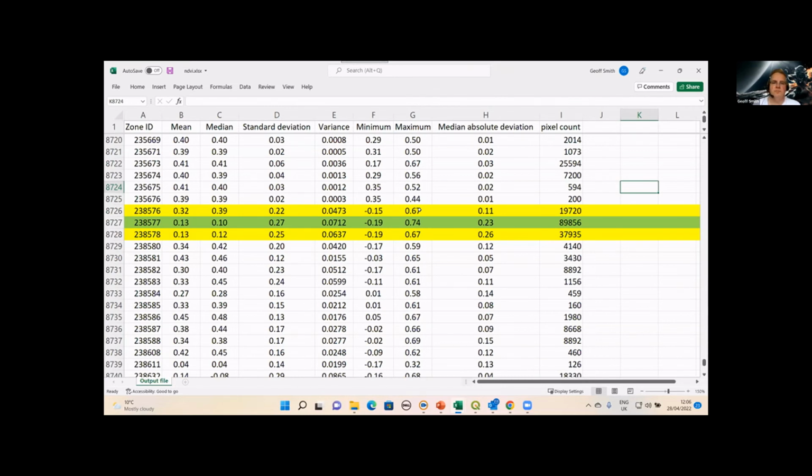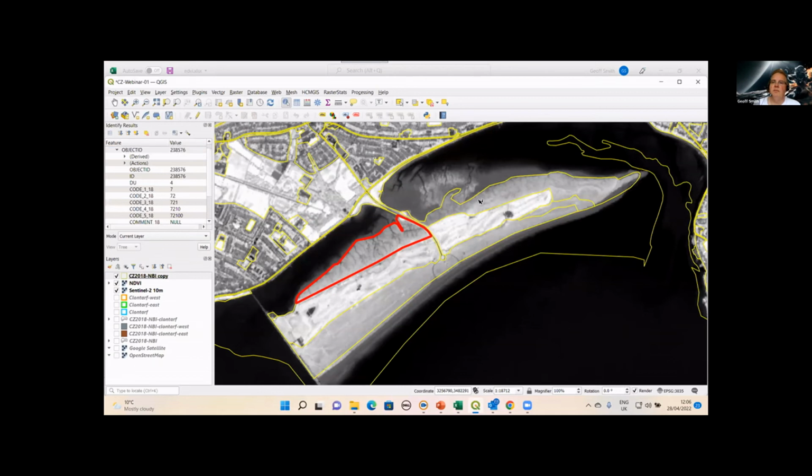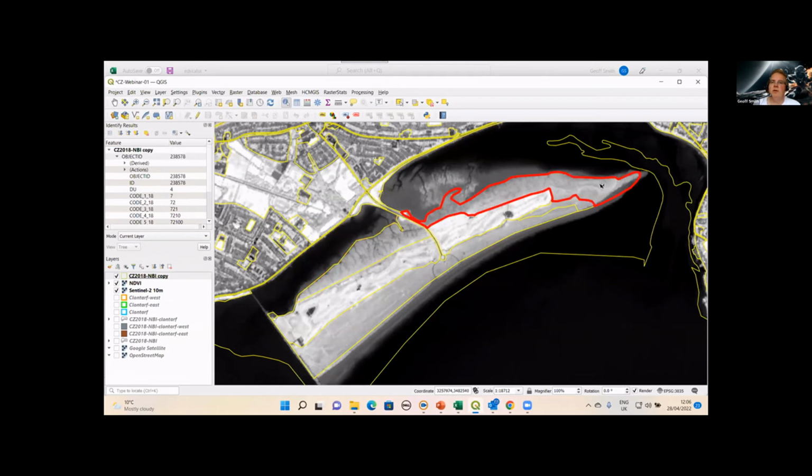on the marsh. And then if we go and look at the other back barrier marsh polygon here, this is 238578. So it's kind of the extension of that, which has been divided by the road here, which gives access to Northwood Island.